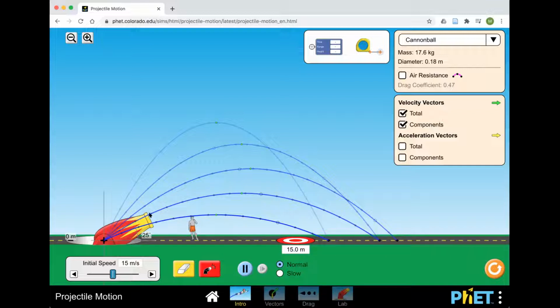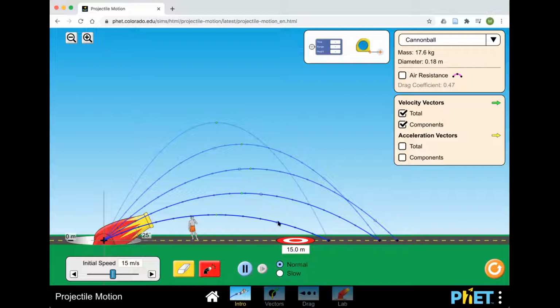And it turns out if we were to launch at any other pair of angles that are complementary to each other, so if I were to launch at 30 degrees, it would land at the same location as if I launched at 60 degrees. Or if I were to launch at 41 degrees and 49 degrees, it would land at the same location as well. Let's just quickly look at